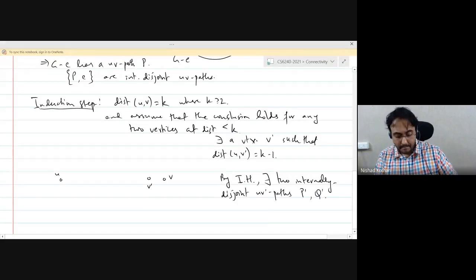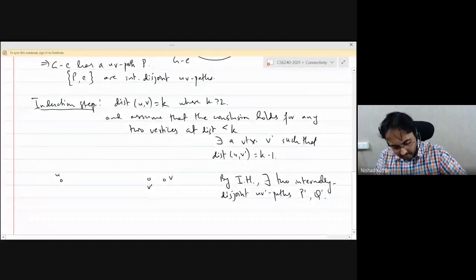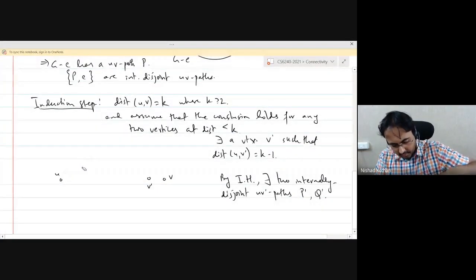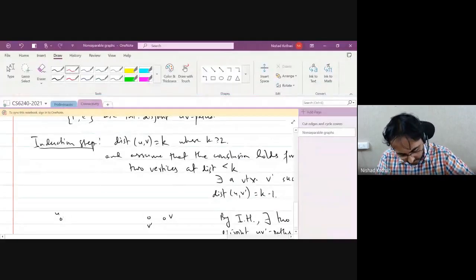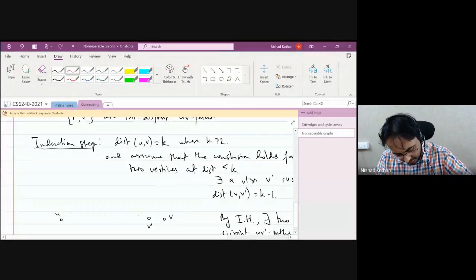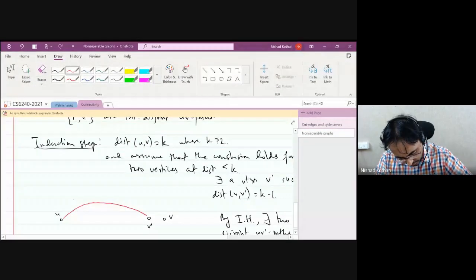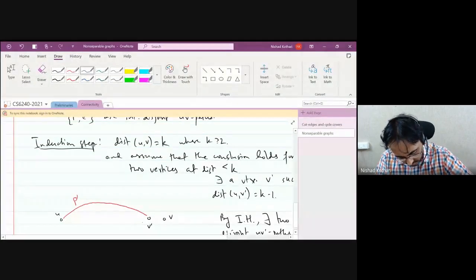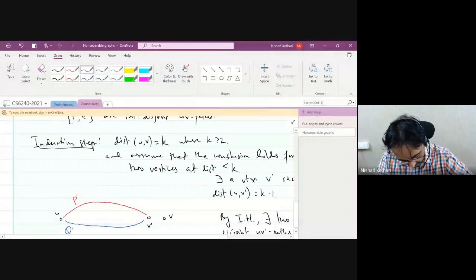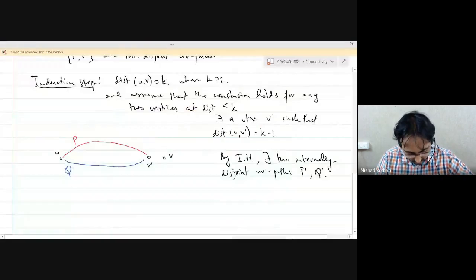Yeah. So we can get these two paths. Let me use some colors here. So let's say I got this red colored path, P prime, and let's say I get this blue colored path, Q prime. Okay,